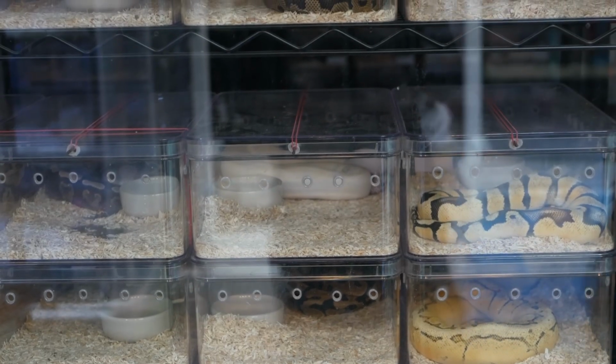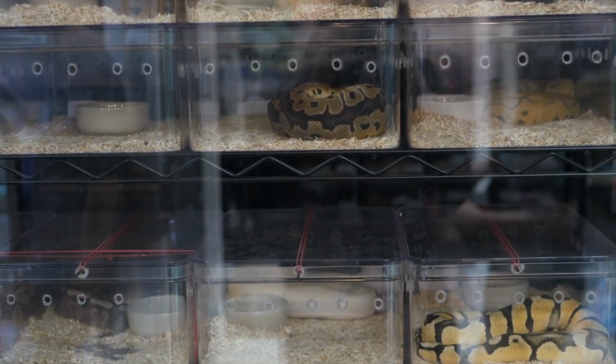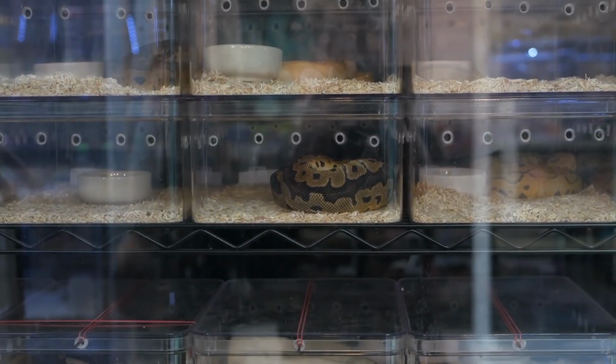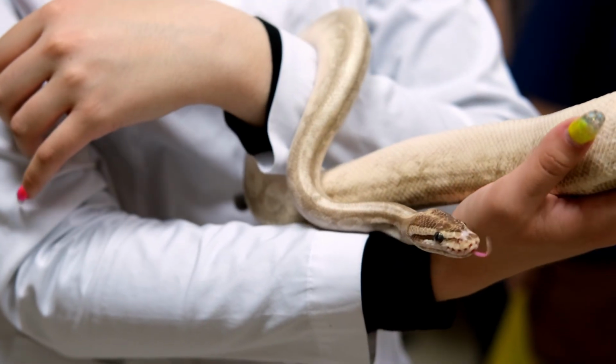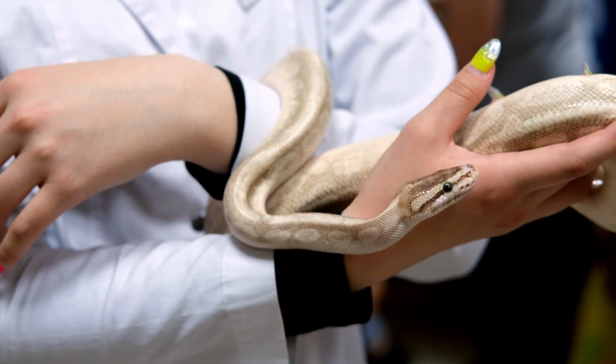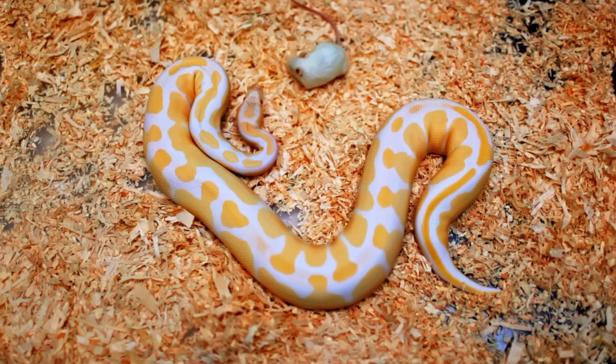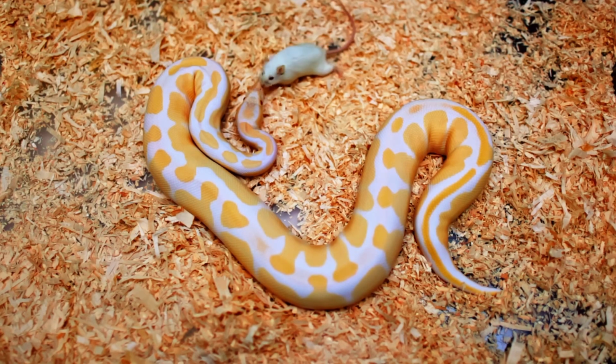Number 6 on the list, of course, is ball pythons. Now, I know you can skip to number 7 if you want, but ball pythons, I wanted to put them in this list because everybody breeds ball pythons. There's so many people that get into reptiles, and that's the first species that they actually breed and are successful with. At the end of the day, ball pythons are kind of the king of reptiles still,